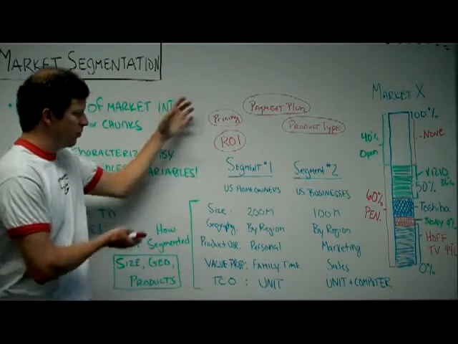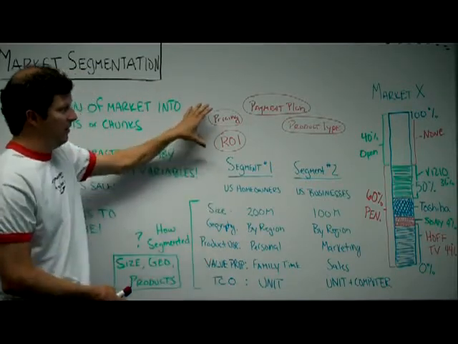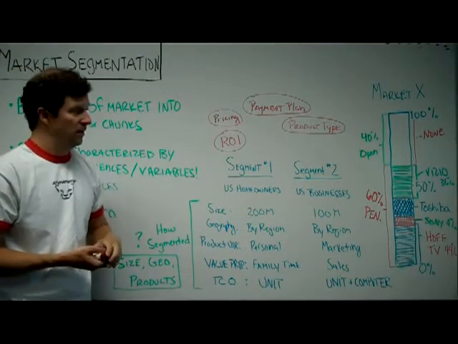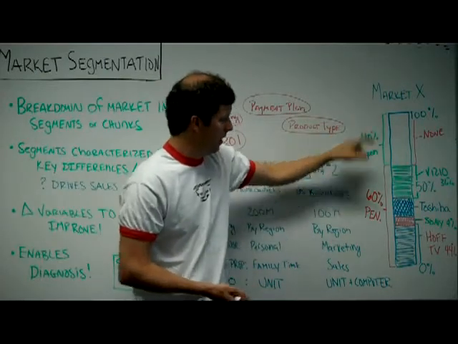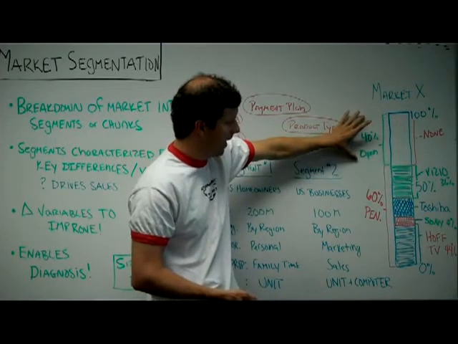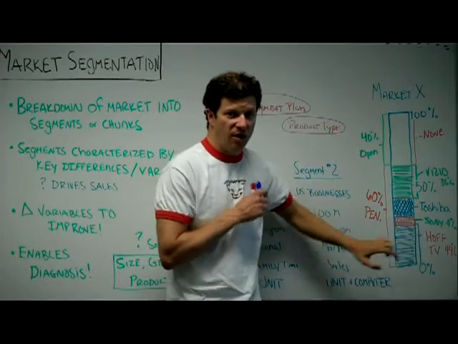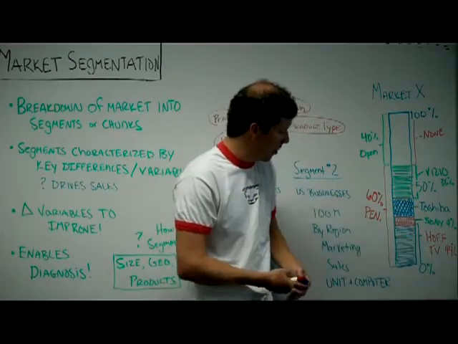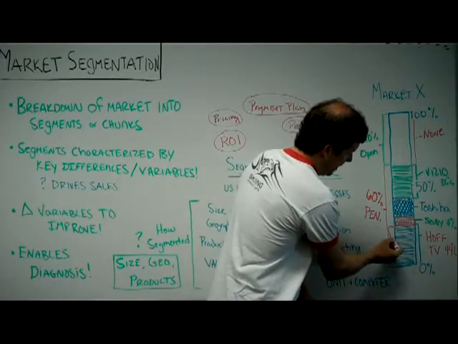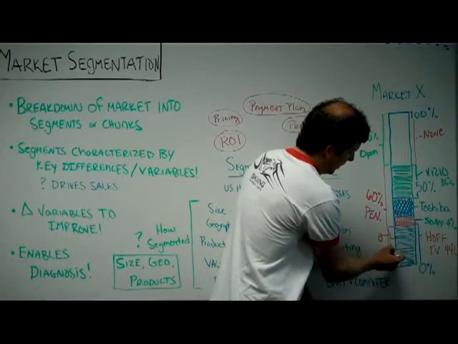So really, segmentation is a process of deciding on what your segments are by certain variables and then using other variables and changing those variables to try to improve sales. Over here, remember, this is the model of market penetration. 60% of the people have bought a TV, 40% haven't. Market share: Vizio, Toshiba, Sony, my company, Hoff TV, I own 44% of the market. And then my segments would be in here. This would be business and this would be personal. So if this is personal and this is business, these are my market segments.